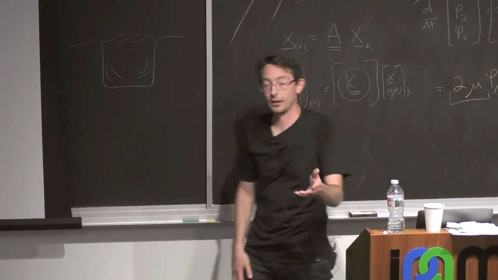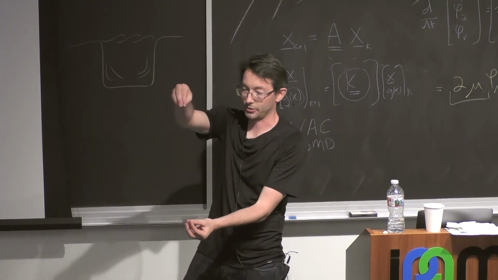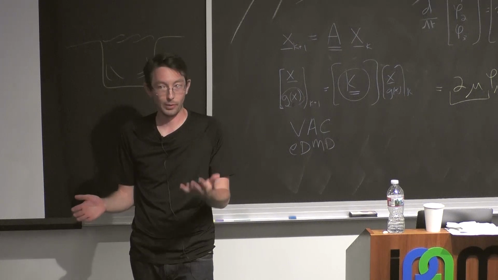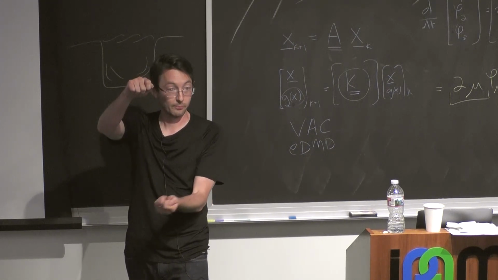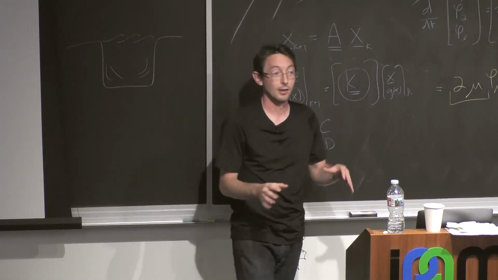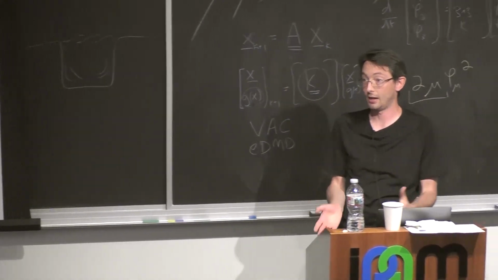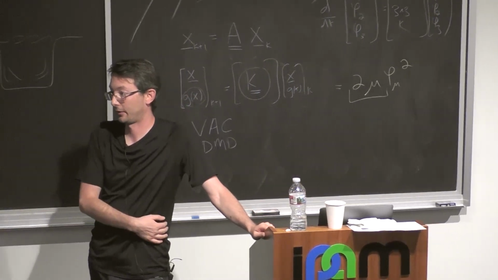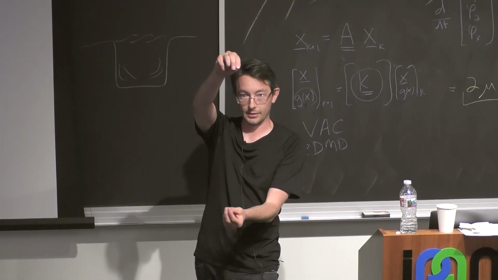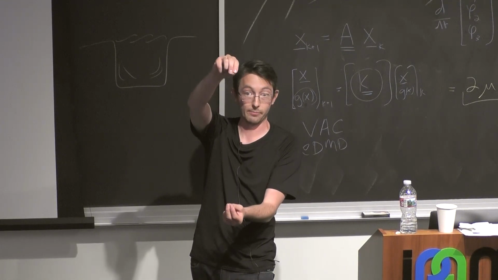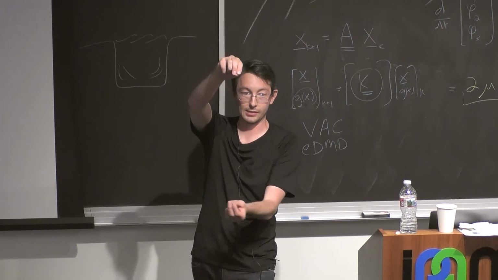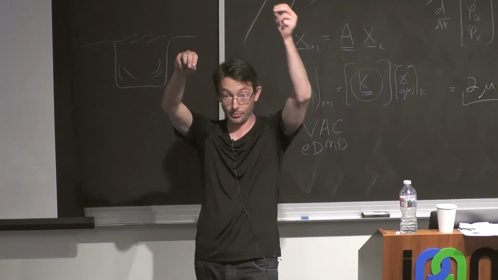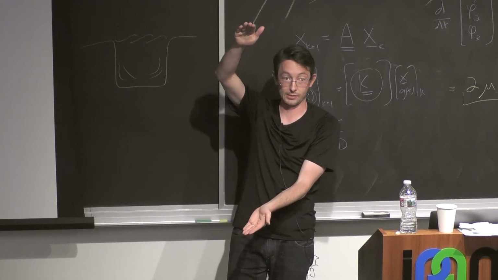But I will say, again, I was sitting in this room in 2015 at United Technologies, sitting with a group full of Koopman people, and I told them, this sounds great, but I can't get Koopman to work on the pendulum. I had tried really hard for weeks to get a Koopman embedding for the simple sine pendulum, and it doesn't work. And years later, we know why it doesn't work. It's because it has a continuous eigenvalue spectrum. So if you look at your pendulum at the down position, it has its natural frequency. And as you increase the energy, that frequency gets slower and slower until eventually it goes to 0 frequency at the top. Okay? So it's this whole continuum of frequencies. It's not a discrete set of eigenvalues.